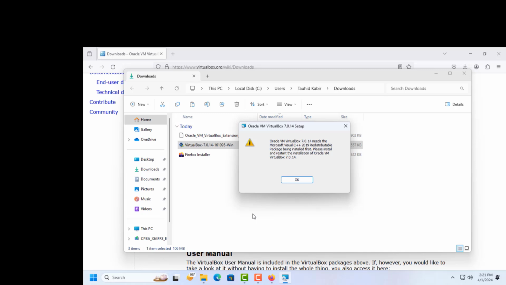It shows an error. It needs Microsoft Visual Basic installed, so you can close it and again open a